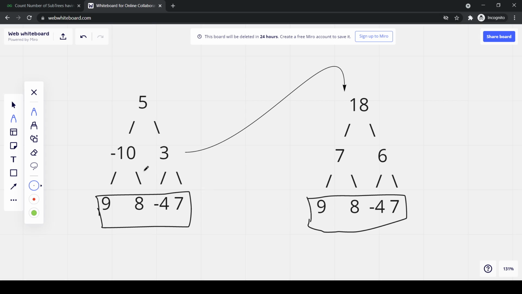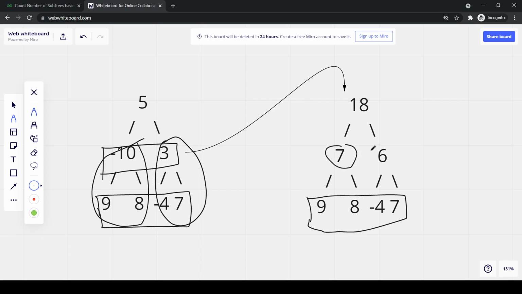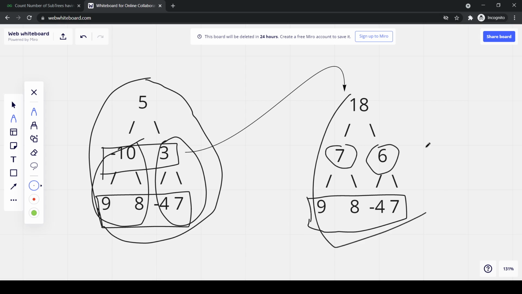For this layer, each node has a subtree of height 2. The sum of this subtree will be 7, the sum of this subtree will be 6, and the sum of this complete tree will be 18.